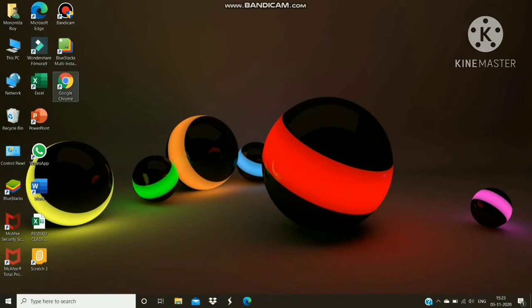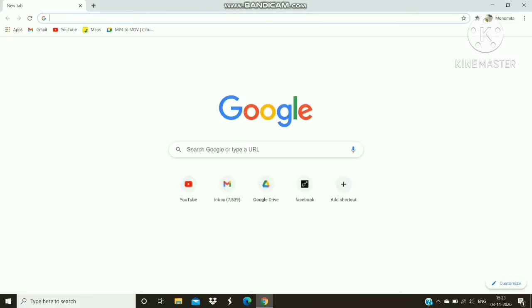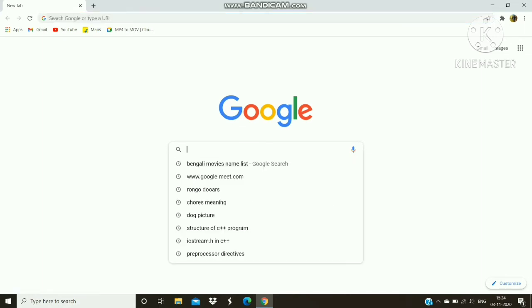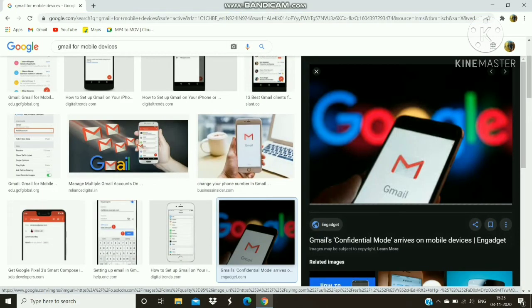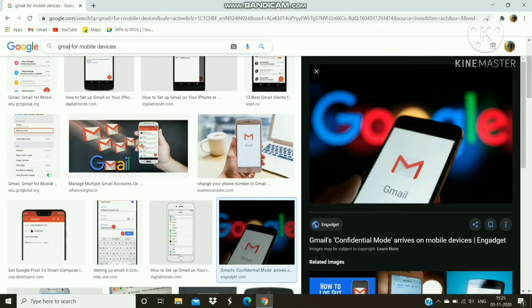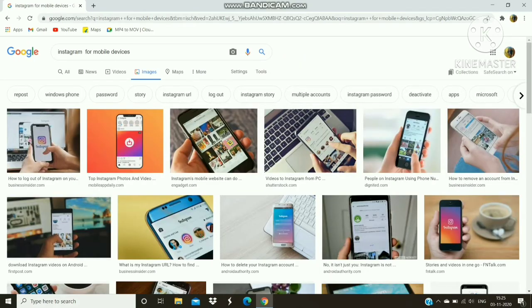So desktop and laptop computers aren't the only devices that can run applications. You can also download apps for mobile devices like smartphones and tablets. So here are a few examples of mobile apps, such as the first app which you would think of, that of Gmail. You have seen it probably in your smartphones. With the help of this Gmail app, you can easily view and send emails from your mobile device, and it's available for Android as well as iOS devices.